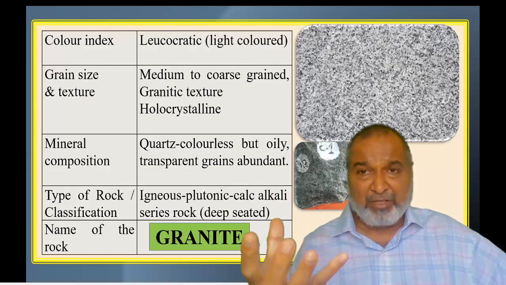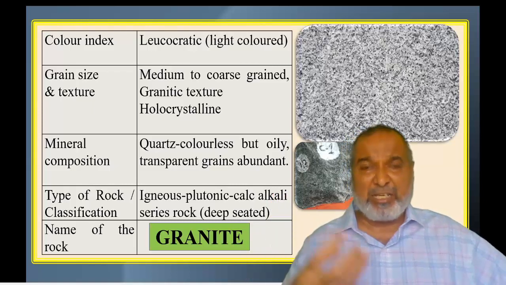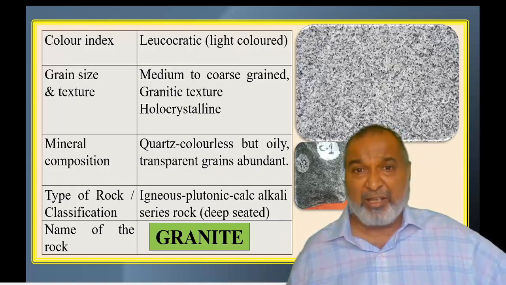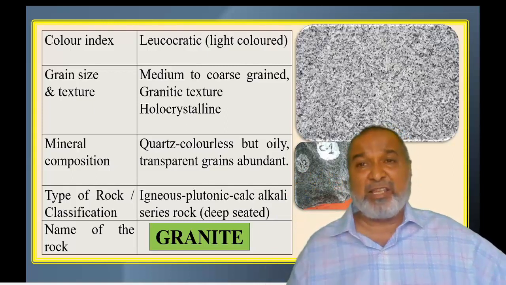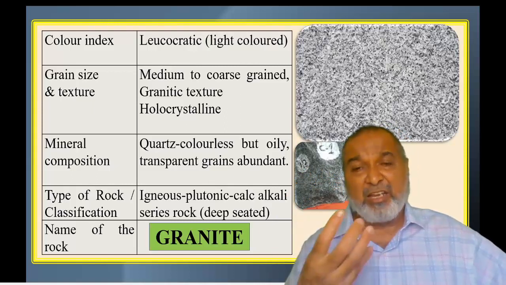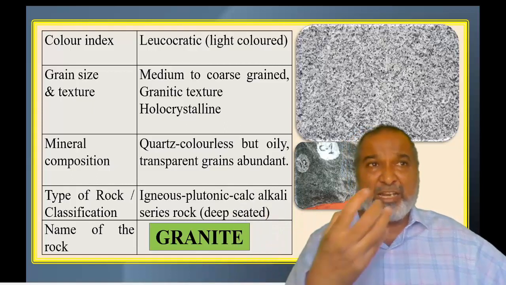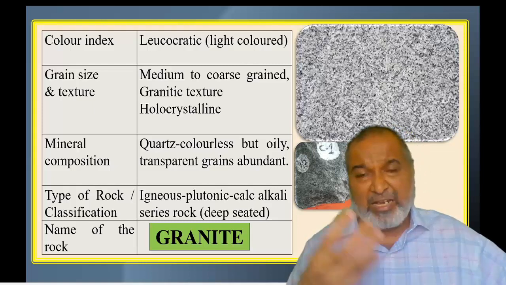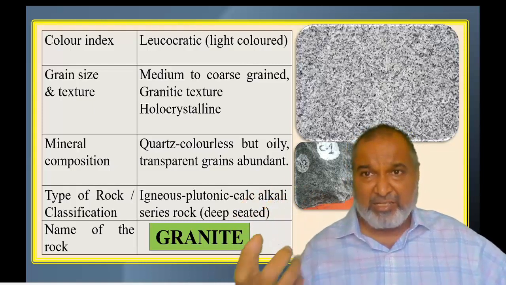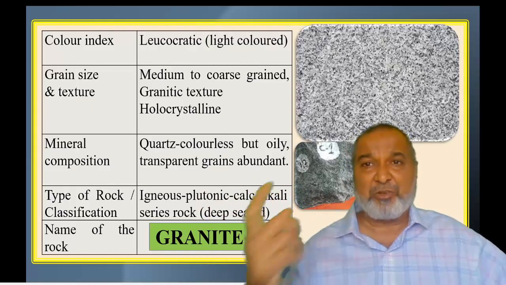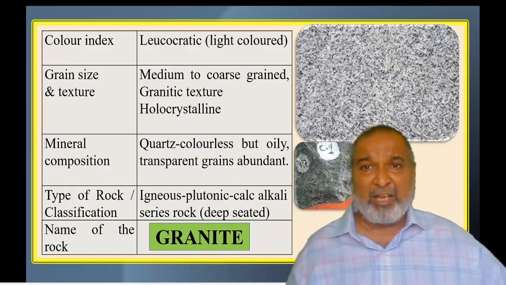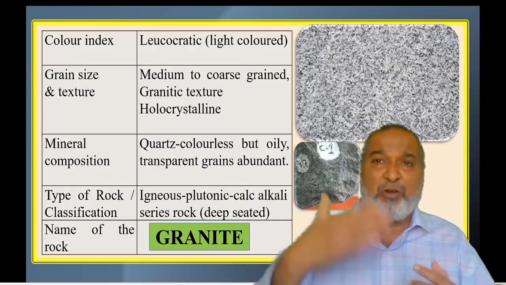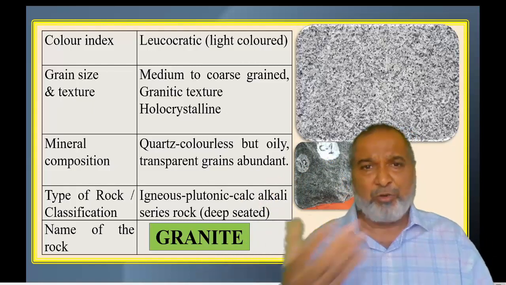It is coarse; the grains are more or less coarse, and we can see two or three minerals. Then it is plutonic: acidic, plutonic. Here feldspar is plagioclase, so we write calc-alkali series. So it is acidic based on color and grain size, plutonic, an igneous calc-alkali series rock. This is the way you define it, and the name of the rock is granite or gray granite. If you want, you can specify gray granite. Nobody is going to cut your points.